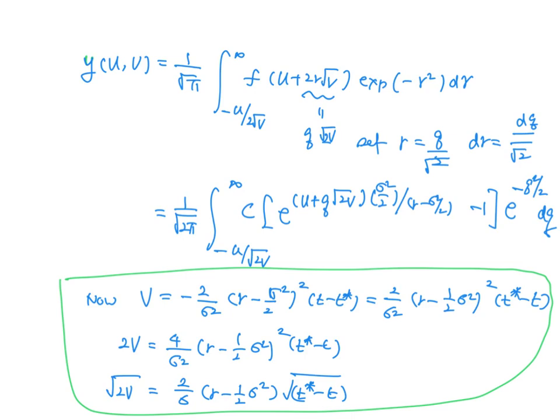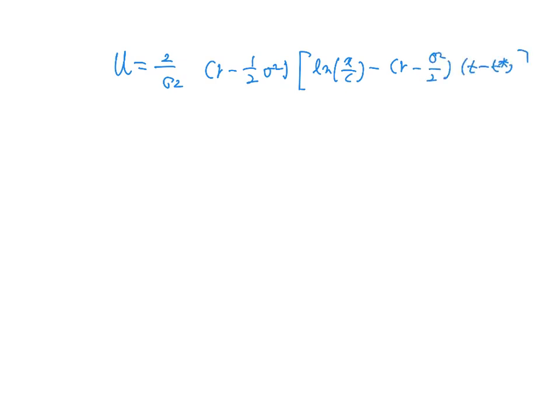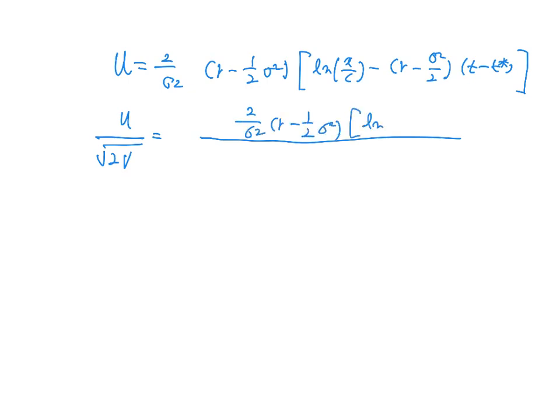And u was 2 over sigma square r minus 1 over v square sigma square ln x over c minus r minus 2 over sigma square t minus t square. So root 2v over u is 2 over sigma square r minus 1/2 sigma square ln x over c minus r minus sigma square over 2 t minus t star, divided by 2 over sigma r minus 1 over sigma square t star minus t